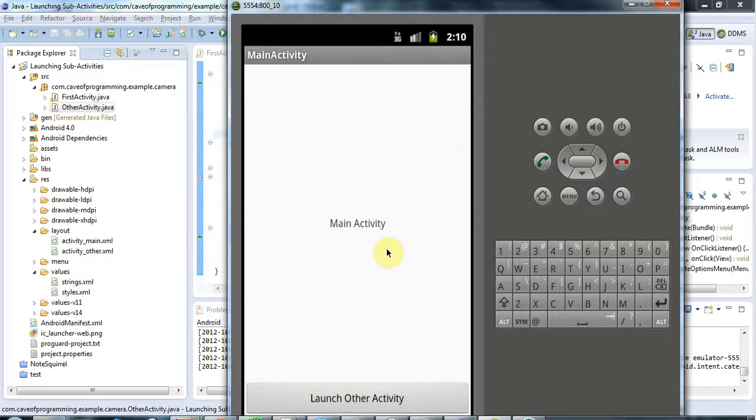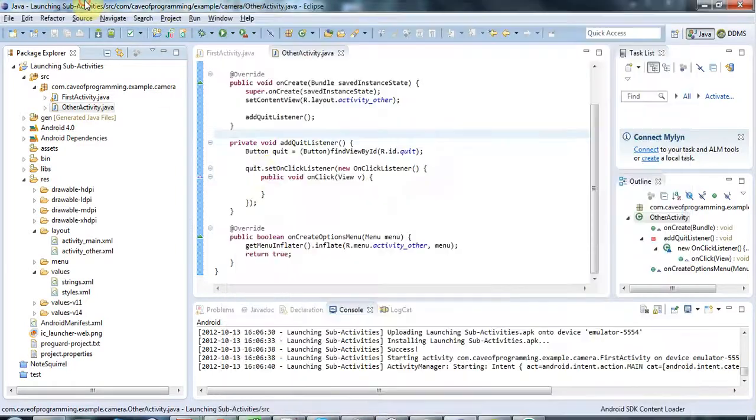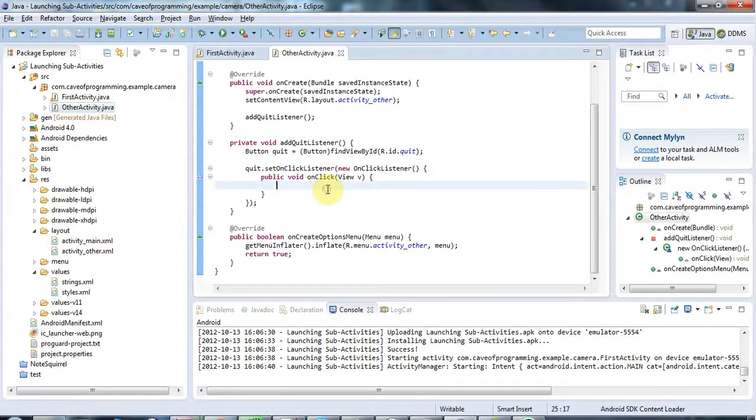And what I want to do is make it so that when I click this button in this main activity, it launches the other activity, and then in the other activity there'll be a button called quit, and I'll click that button and I'll come back to this activity. So the stuff in this application at the moment is all stuff that we've seen before. There's absolutely nothing new,